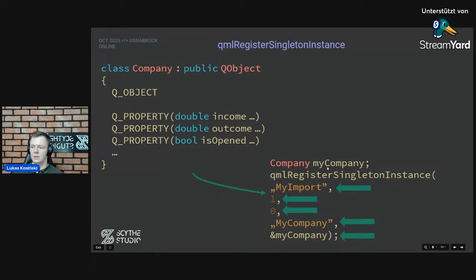So in C++ it can be called totally different, but QML will see your object with the name you provided here. And the last parameter is the pointer to your object. An important comment here is that because QObjects can have children and they have parents, you cannot copy QObjects, so you have to pass the original one.